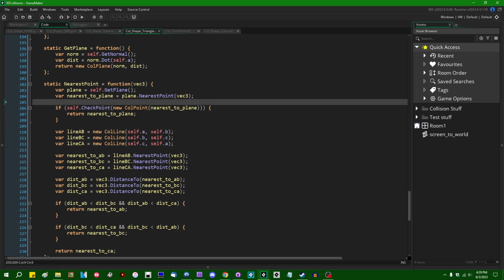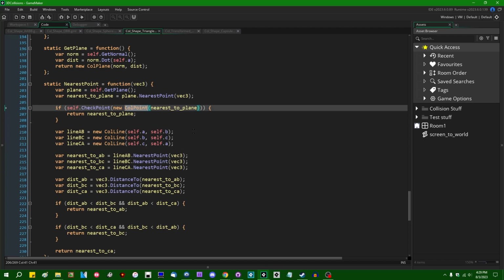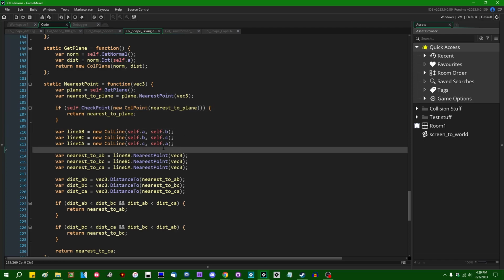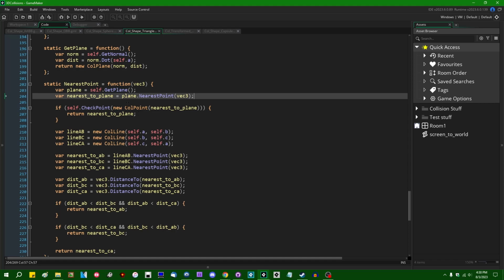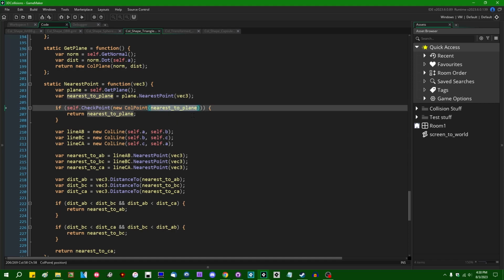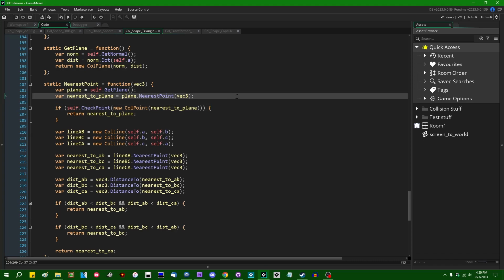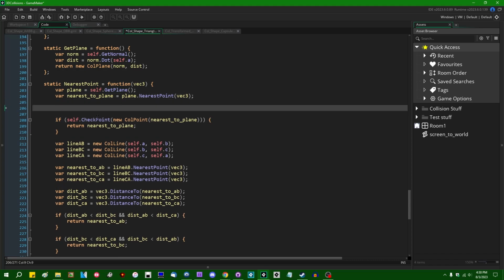It does take time for GameMaker to request the memory that the struct is going to need. It does take time when you're finished for the garbage collector to check that additional memory, see that it's not in use, and free it. And this is honestly an easy case here, because it's not hard to replace this with the manual triangle point code, right? Because that's not complicated. But if you did want to allocate a new point and use the checkpoint method on it, instead of making a new one every single time you did this,